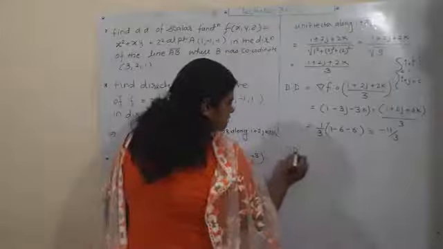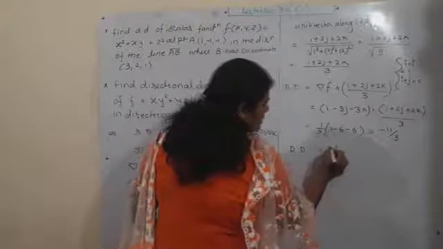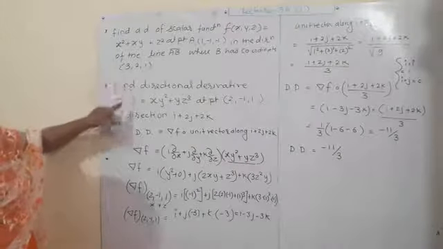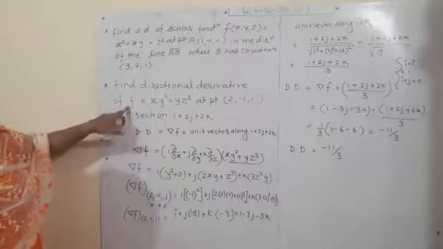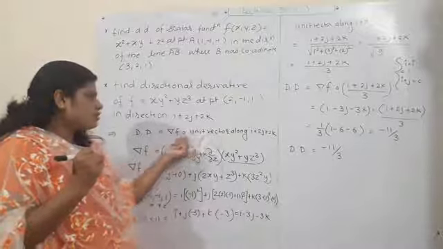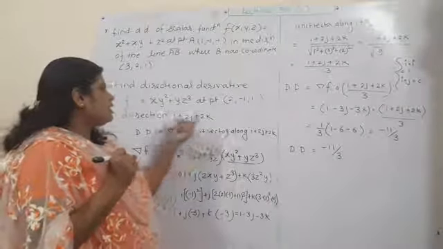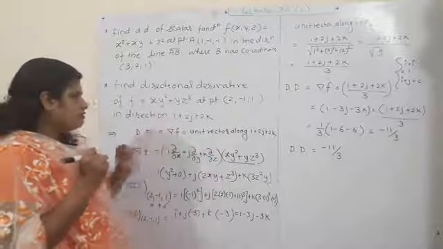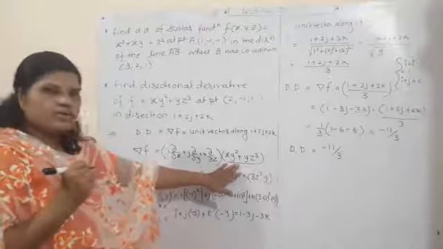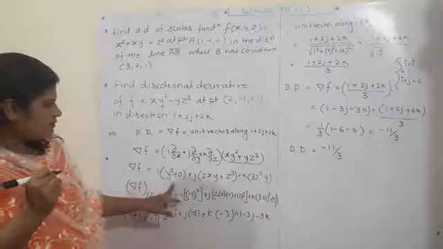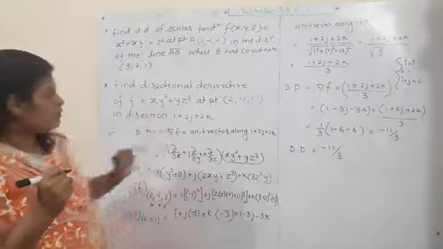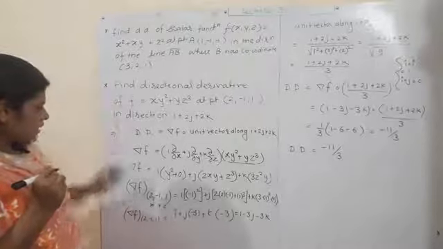So in this way we get the directional derivative of that scalar point function, which is our f. To find the directional derivative, the formula is that you have to take the grad of that f and take a dot product of grad f with a unit vector along the given direction. So first we have taken grad of f. We operate that operator on the scalar point function, so we take the derivatives of that function. Then we are given a particular point, and we have to find the directional derivative at that particular point.